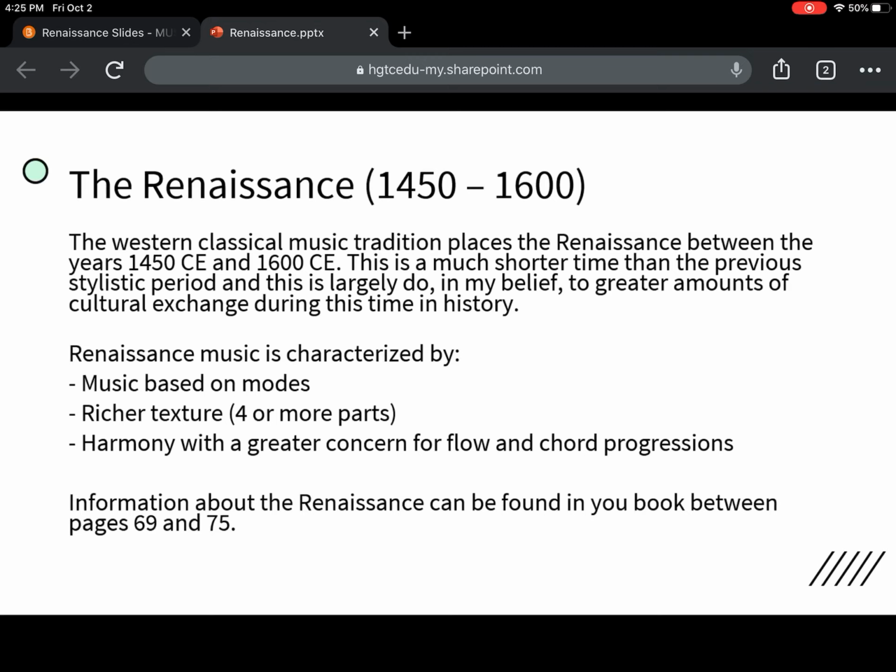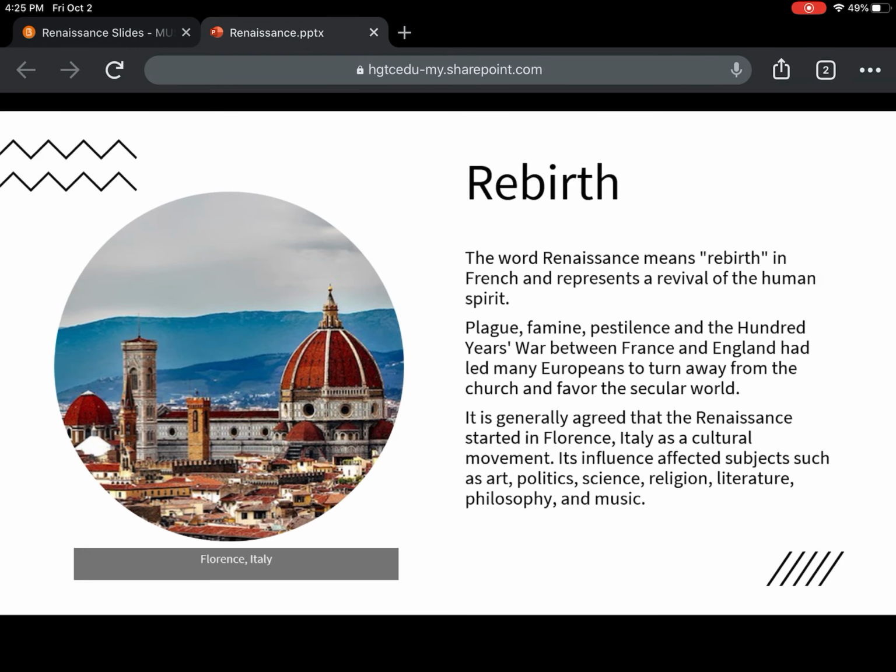All the information for the Renaissance in your book is between pages 69 and 75, but I'm going to go over most of it here, and as well some additional things, just like last week, that aren't included in the book, but that I think are worth knowing, because again, music never took place just in one spot on the planet. It's a human endeavor, and we're all doing it all the time, and it seems that most human societies have either at least engaged with it in some way or have deep traditions that they've developed. So I think it's worth exploring some of the ones outside of Europe.